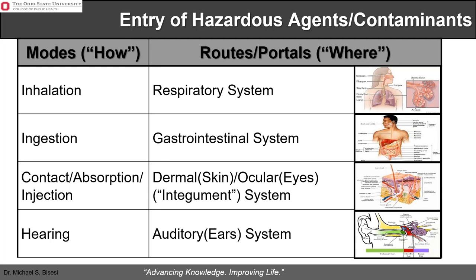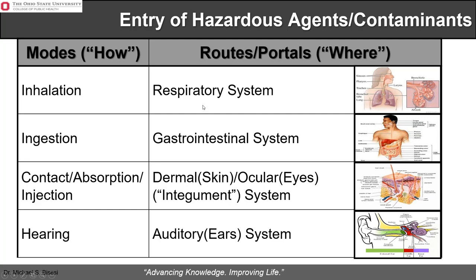And thus you can understand why inhalation often involves local effects involving the respiratory system, infection, irritation, to name two examples, where ingestion of an infectious agent, a pathogen, often targets the gastrointestinal system. Not only, but that's certainly a major target site. The third category has to do with direct contact, dermally or ocularly, and that's the integument system.